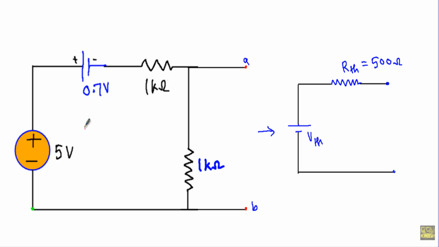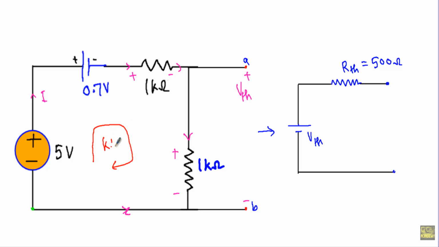To calculate VTH, at first you have to identify the direction of current. See, current will be flowing in this direction because in this circuit current will be flowing due to this 5 volt source. So this side of this 1 kilo ohm resistor will be positive and this side will be negative. This side of this 1 kilo will be positive and this side of this 1 kilo ohm will be negative. Let's say the current flowing in this circuit is in this direction, and we have to calculate the Thevenin voltage with respect to this terminal and this terminal by considering this terminal as positive and this terminal as negative. To calculate that, at first I will determine the value of current in this circuit. To do that, I will apply